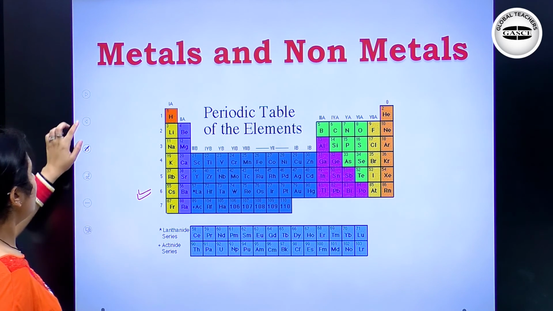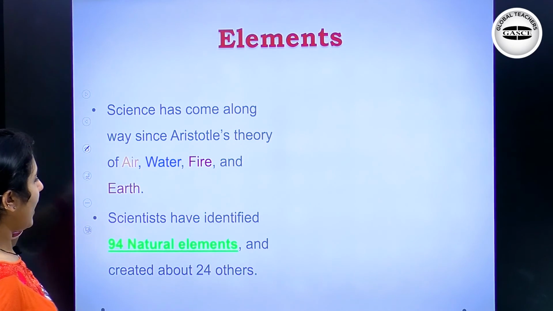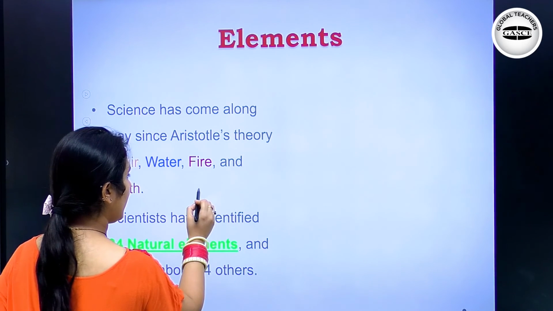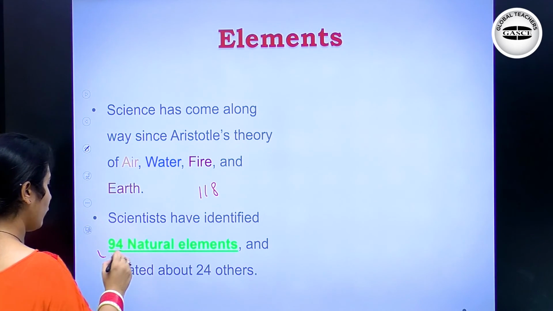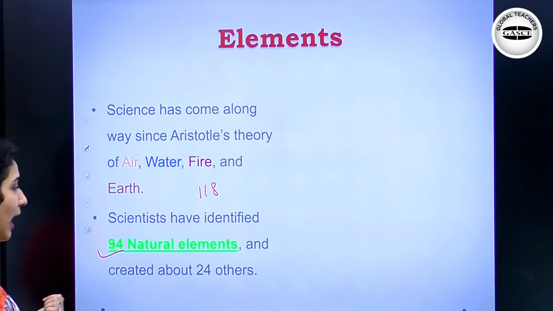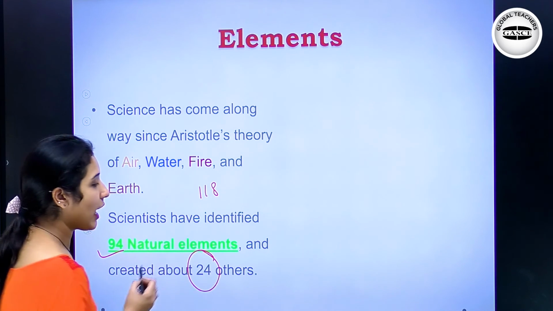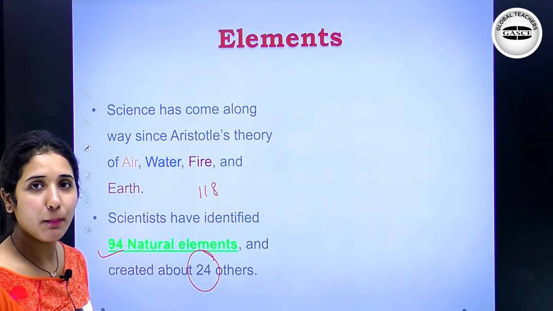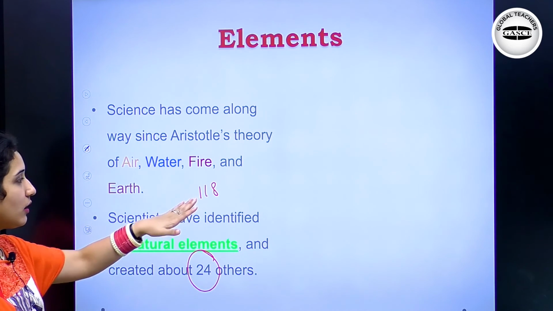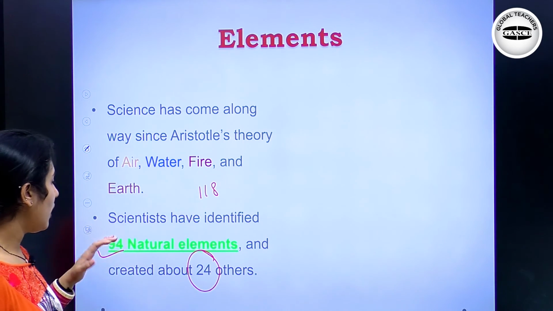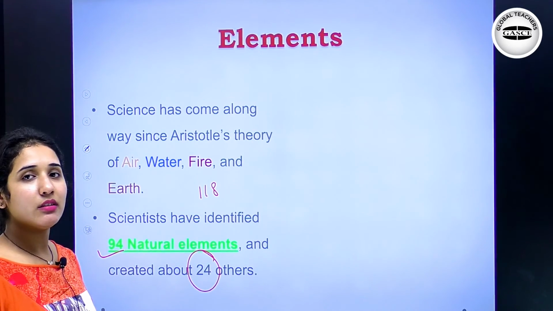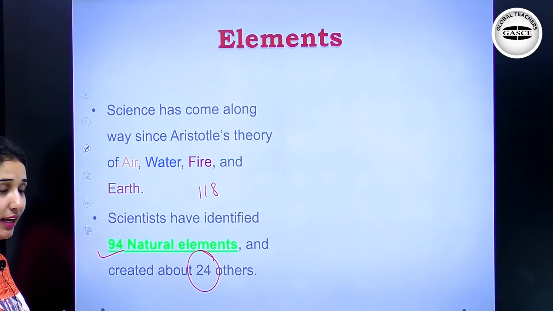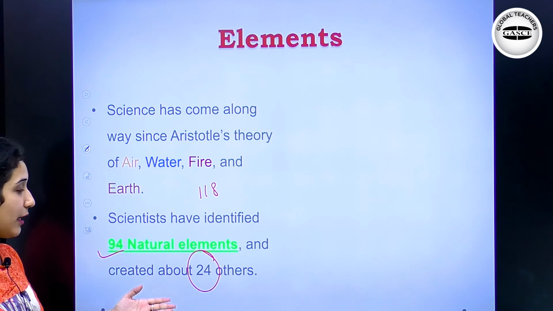This periodic table has 118 elements in total, out of which 94 are naturally occurring and the rest 24 have been synthesized by humans. So there are 118 elements in total, out of which 94 have been discovered and exist naturally, and these 24